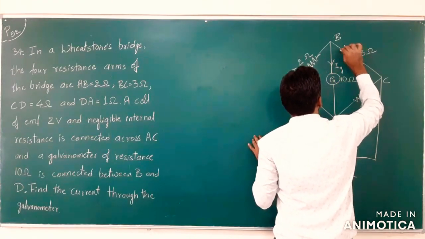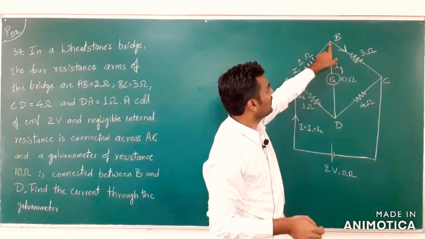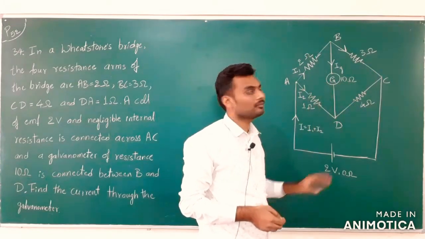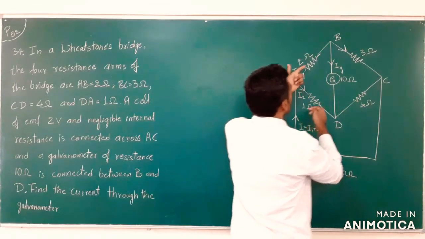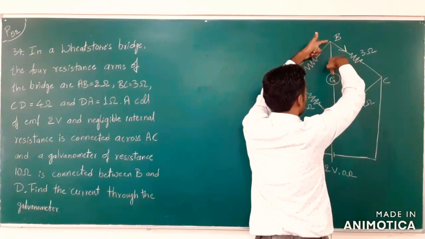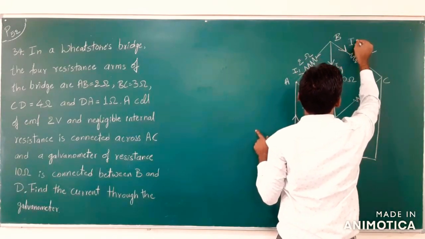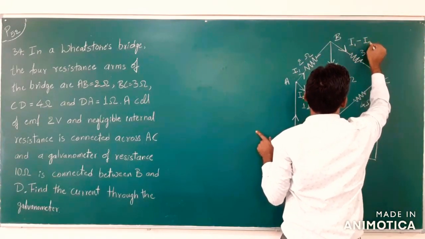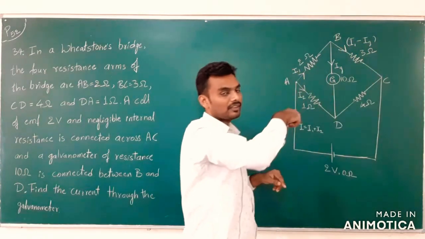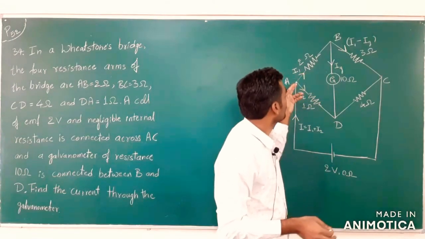and what is left? Either you can put KCL at point B and solve, or you can solve in the diagram itself, but you should be very careful. The current I1 came, IG went here. What is left? The current left is I1 minus IG, right? You can directly take this, no need to worry that you need to put the KCL and simplify.